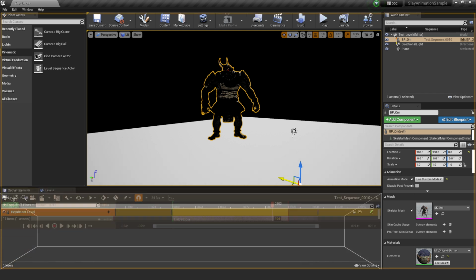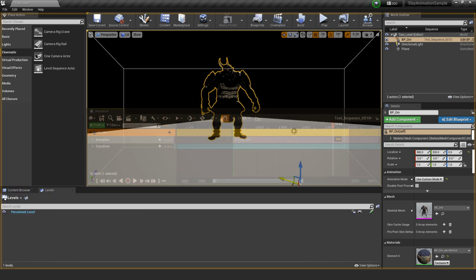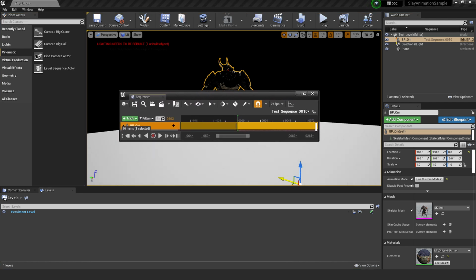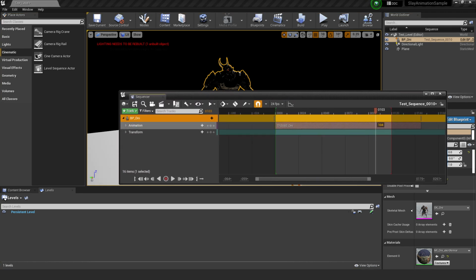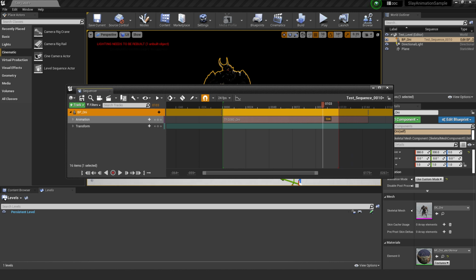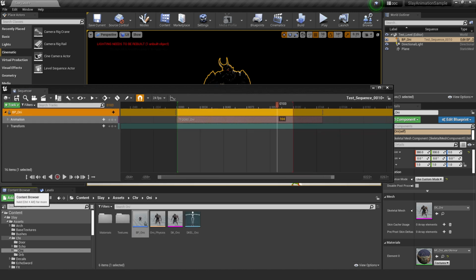I'm going to undock this sequencer from our little spot and open it up a little bit more, and then go to our content browser and then to the animations.